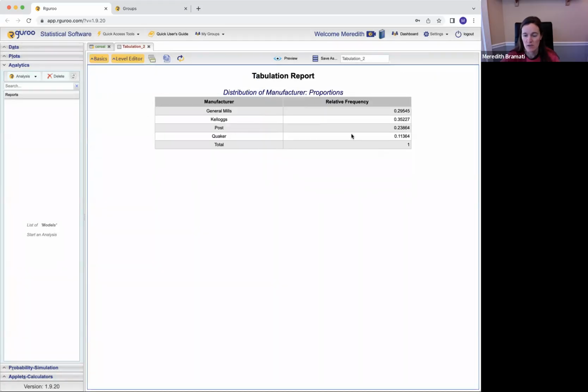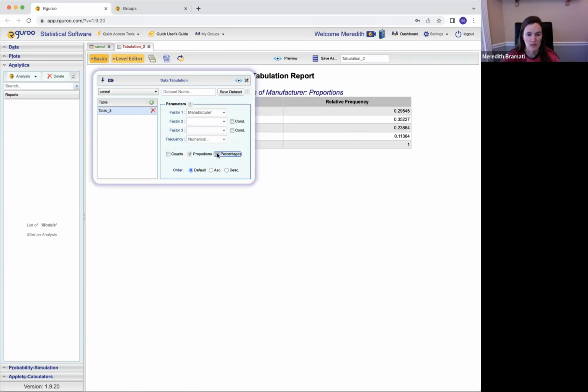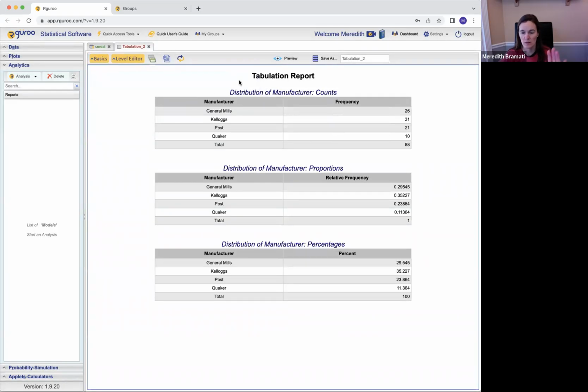And now this is going to give me the relative frequency. If I did percentages and counts and proportions, it will give me all of them in separate frequency charts. So now we have frequency, and percent. Relative frequency and percents are the same values. We've just moved the decimal twice to the right. Now that was categorical. Let's look at